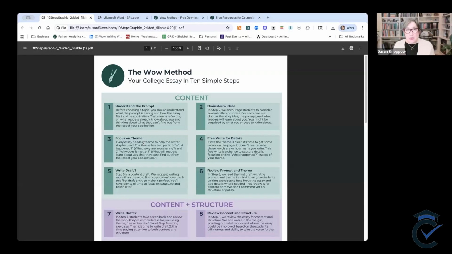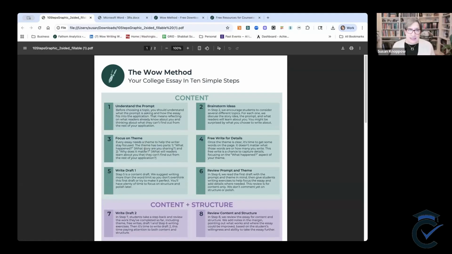If I had asked him 101 questions about his values and his favorite activities and three challenges he's faced, and I went through all the Common App questions and asked him all those questions, he never would have come up with this. The reason he came up with this is because he understood the prompt. And when I mirrored it back to him and said, based on your understanding of the prompt, tell me about a time when you demonstrated these characteristics. Easy, no problem. But I couldn't have just done that and sat down with him. I needed him to do the pre-work ahead of time. That was a requirement. He had to do it or we have nothing to talk about.